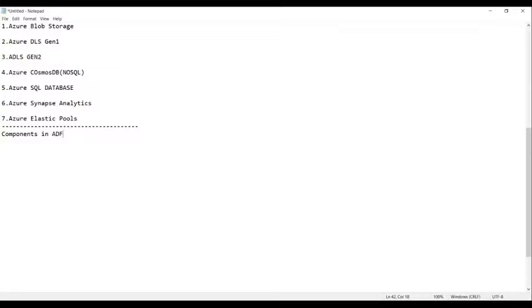The following components are required in ADF, without which ADF does not work.